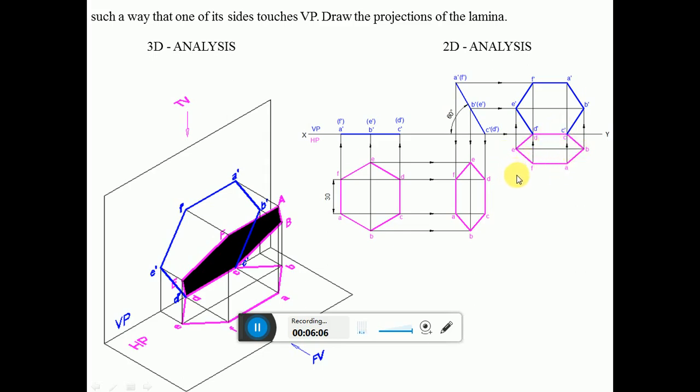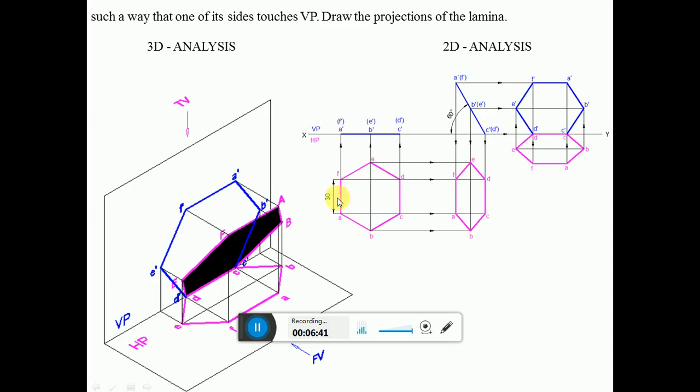Then project the points. So you draw the corresponding front view. Draw a vertical projector from AF and CD. Draw a horizontal projector from A dash F dash and also from C dash D dash to get the points C dash D dash and A dash F dash. Similarly, draw a vertical projector from E and B and draw a horizontal projector from B dash and E dash to get the points E dash and B dash. Then join A dash, B dash, C dash, D dash, E dash and F dash to complete the sketch.